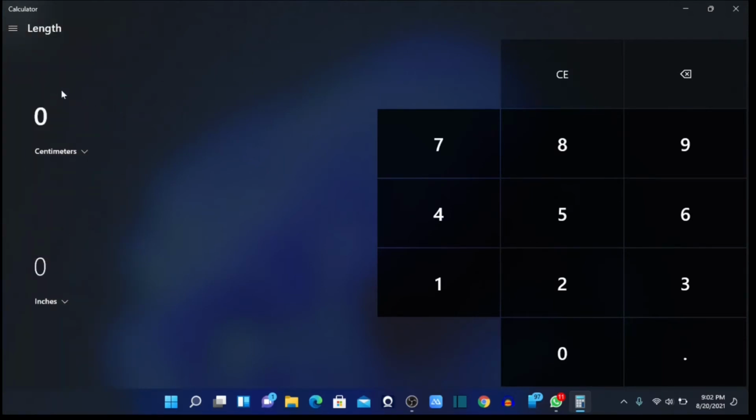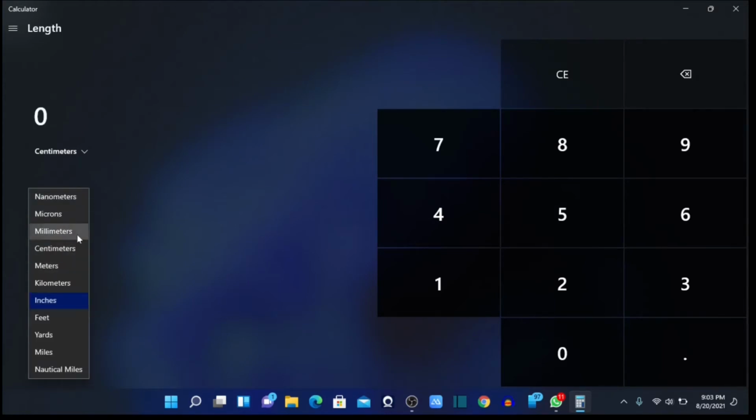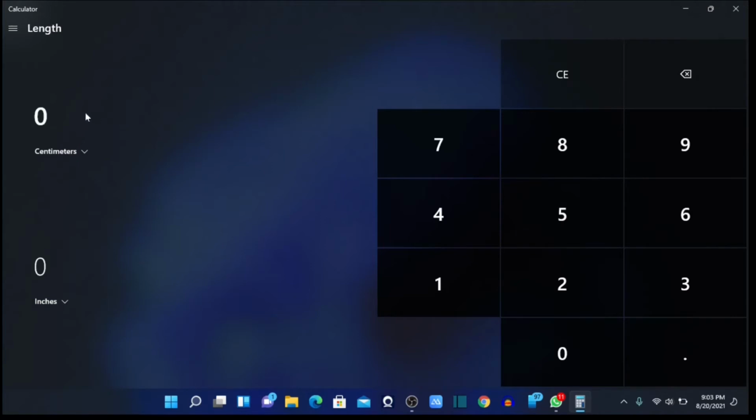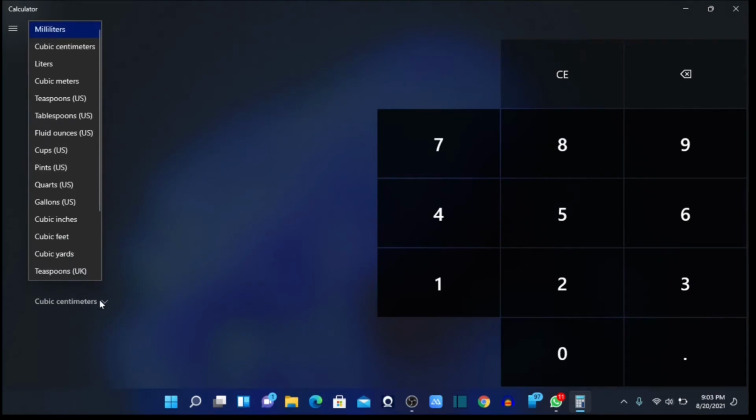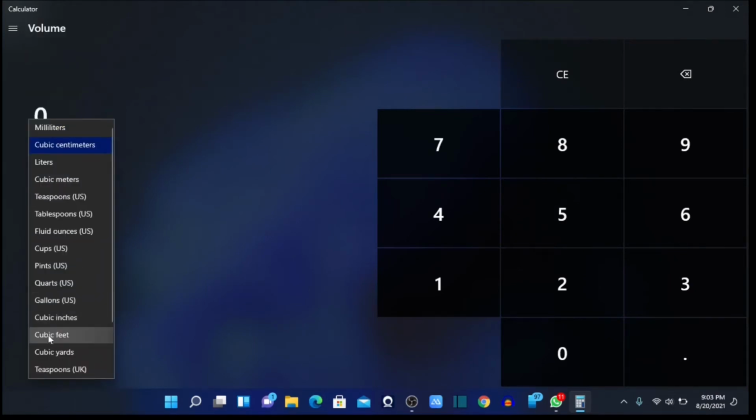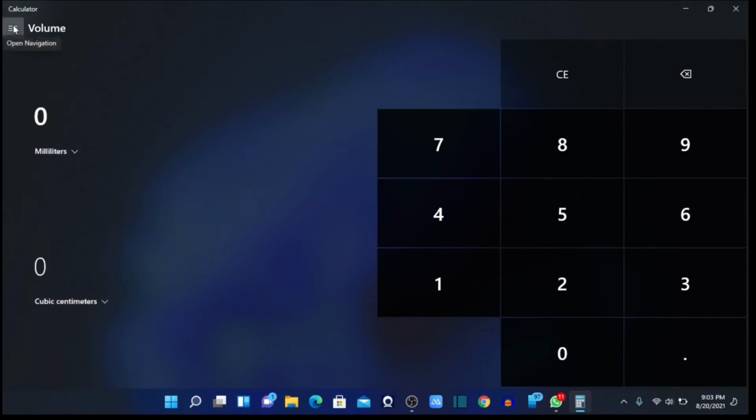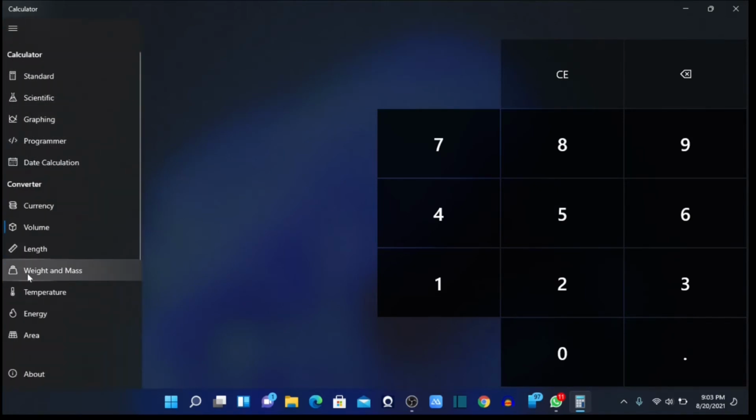You can see I can convert centimeters to inches, centimeters to meters, millimeters, and all that. I can also convert volume. I can change milliliters to cubic centimeters, cubic inches, cubic feet, and all these options. So many options. I don't need my scientific calculator anymore. This is enough for me.